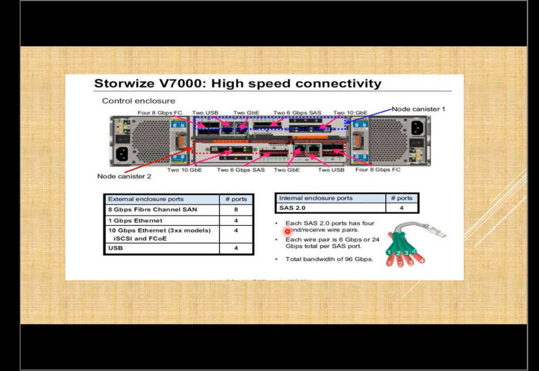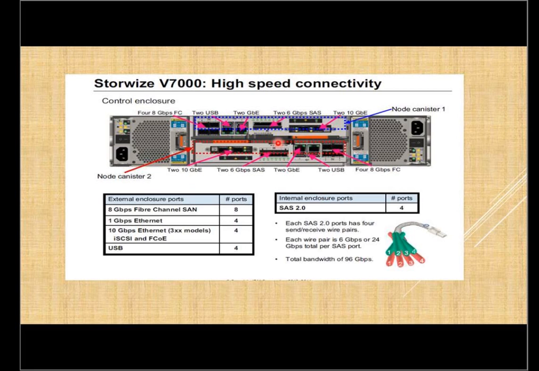Now let us talk about the different ports that we have. This is the Gen 1 model of StoreWise V7000, which shows us the different types of ports that we can have. In case of SVC, we were having different host interface cards, and accordingly we could add or reduce the number of ports, whatever ports we want. But in case of StoreWise V7000, all of the ports are on-board ports.